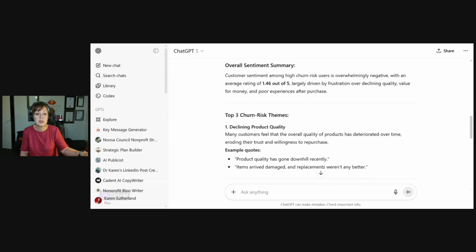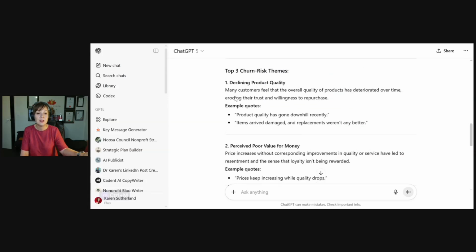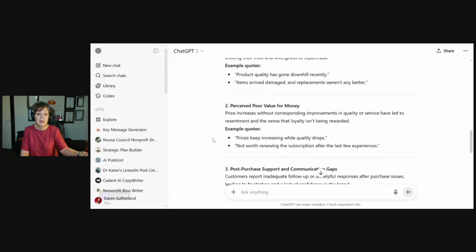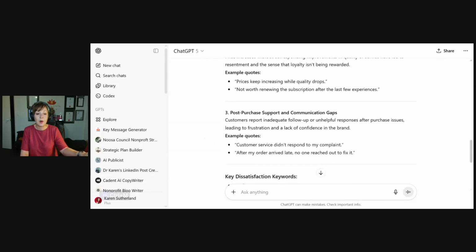It says the overall customer sentiment among high churn risk users is negative. Now, I do have to say that this spreadsheet has been developed for this presentation. This is not Dharana Digital's customer spreadsheet, I put it together to see how it would do it. The average rating is 1.46 out of 5, driven largely by frustration over declining quality and value for money. It's picked that up really well. And then the top three churn risk themes: declining product quality, poor value for money, and then post purchase support